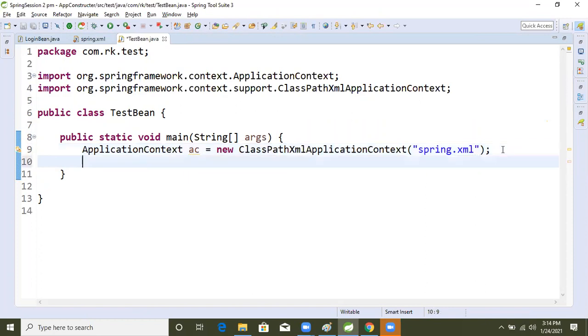So think about it. Whenever we need a bus, we don't know how to build it, so where do we go? We go to the factory, and from the factory we buy the bus. If we need a car, we go to the showroom, which means the factory. Because we don't know how to build a bus or a car.